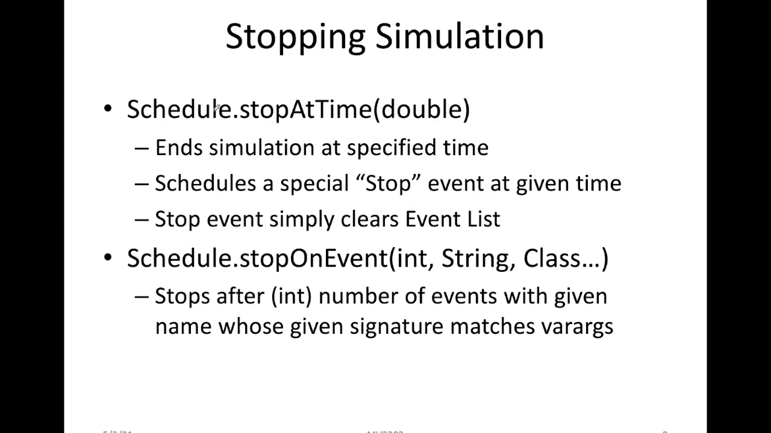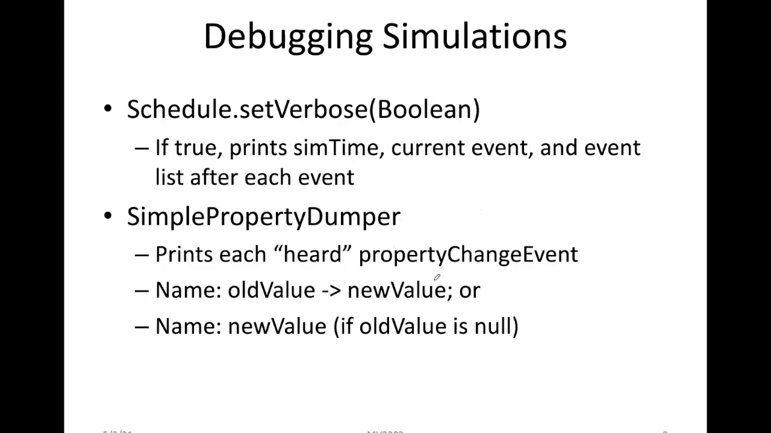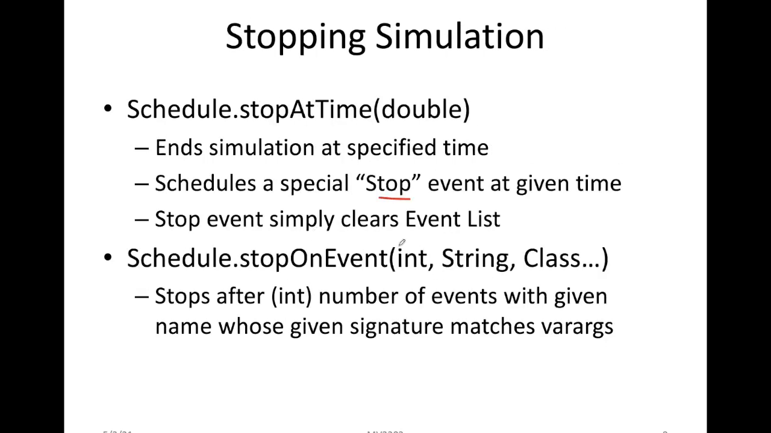Okay, so these are how we stop it. First, stop at a particular time. That schedules a special stop event, which simply clears the event list. And then there's stop on event, which again only requires 2 arguments and some optional ones. The integer is the number, the string is the name of the event, and then these are classes, which are